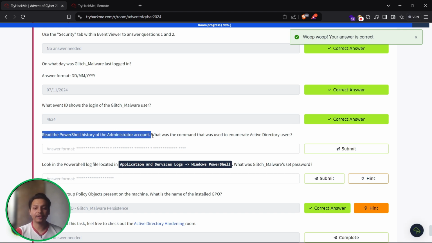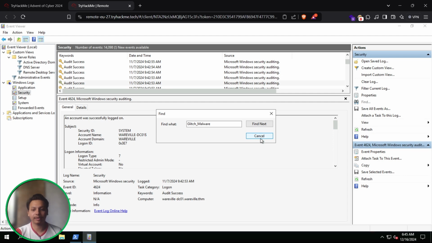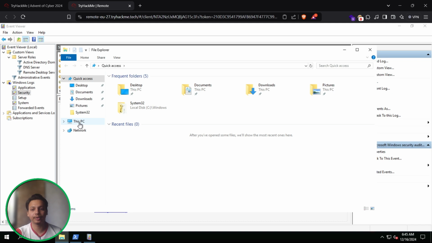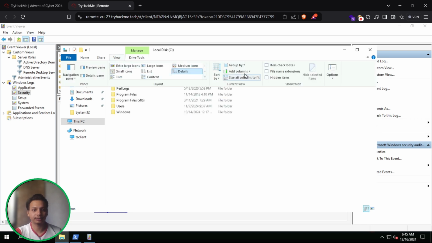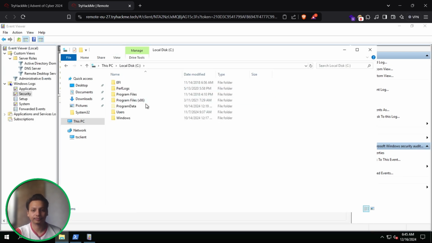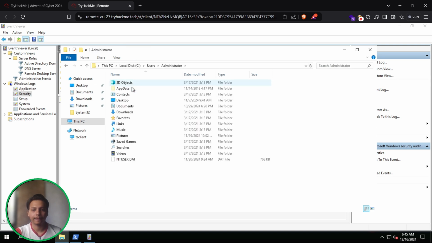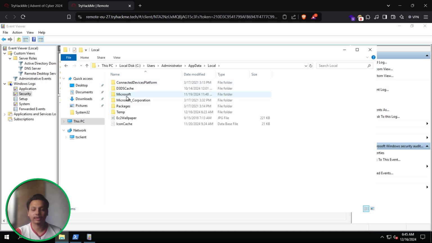Read the PowerShell history of the administrator account. What was the command being used to enumerate Active Directory users? It also contains the history, which is a very good thing in Active Directory, whatever commands we use. So move to CD, C. Over here, I guess it is hidden. So hidden files, users, administrators, AppData, Local, I guess Microsoft,